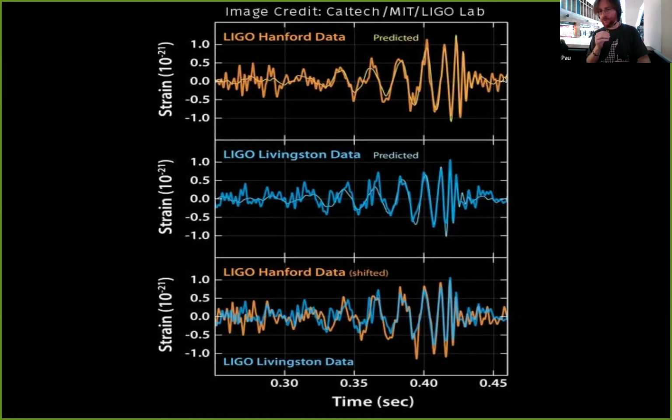And the signal to noise ratio that you get for all of this signal is about, this was one of the loudest, and the total signal to noise ratio that we got was about 24, if I am not wrong. Now, if you want to extract the quasi-normal modes, you would need at least a signal to noise ratio of about hundreds. And we don't have sources with signal to noise ratios of hundreds. We have detections with signal to noise ratios of 20, etc. So it looks like right now with LIGO and Virgo, we cannot say much about black holes.